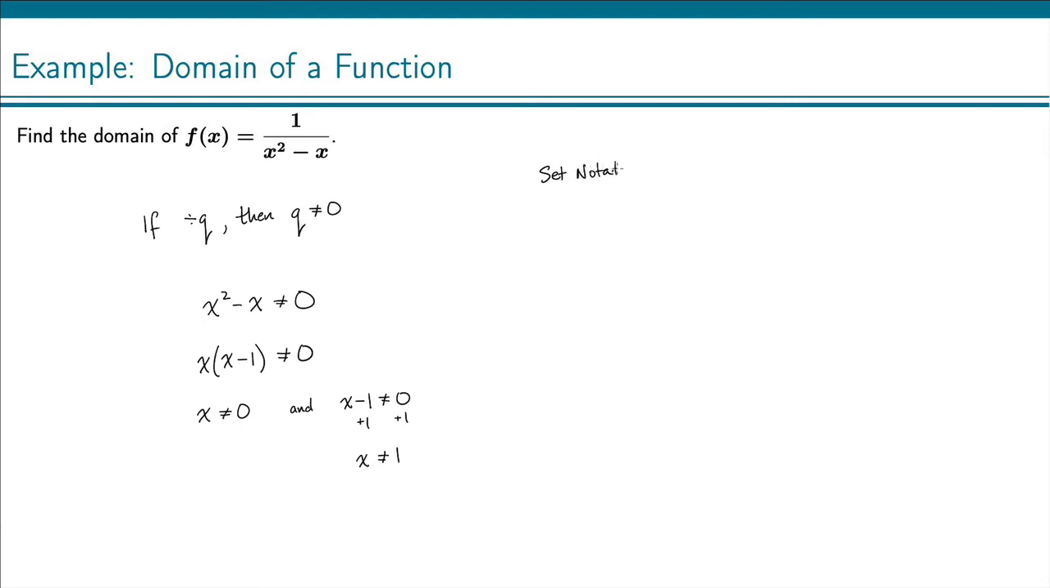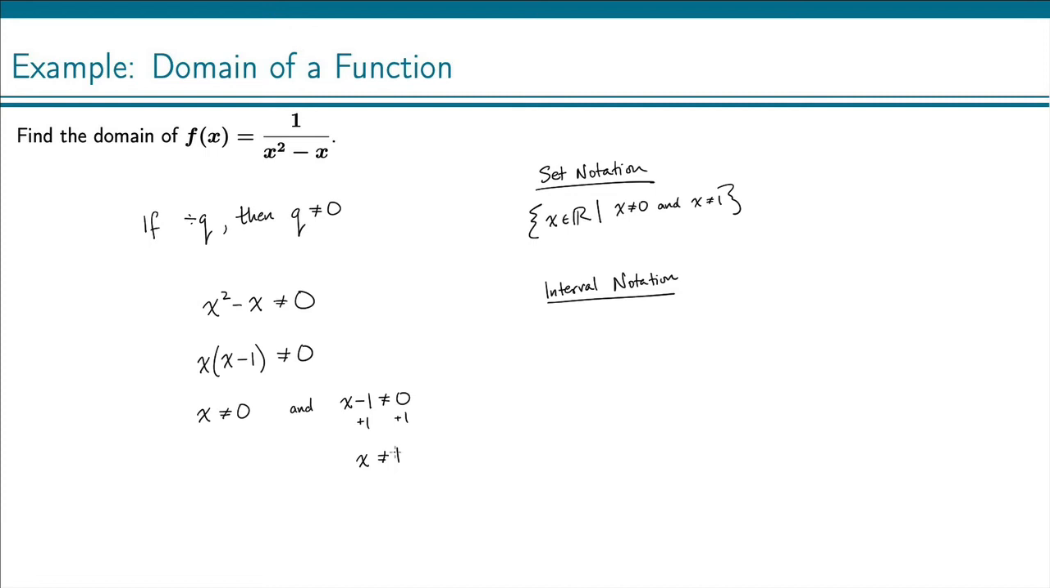Okay, we say that our domain is the set of all x in the real numbers such that, which you can do with a vertical line or with a colon, and then x is not equal to 0 and x is not equal to 1. Or you can use interval notation. In interval notation, we write the intervals of our domain